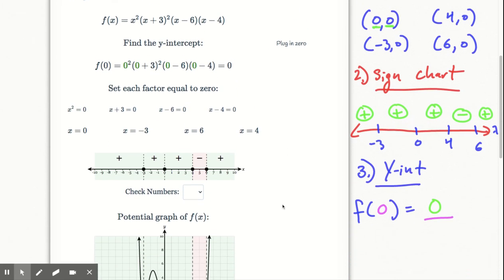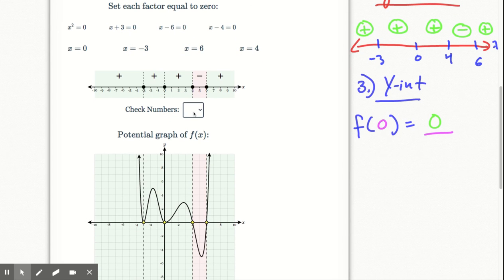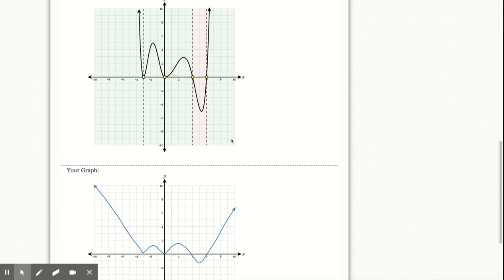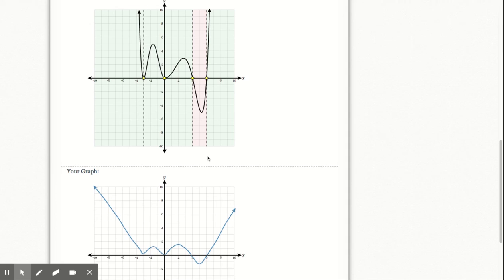Okay, so we find the y-intercept, right? We find our x-intercepts, we make our sign chart, and we sketch our graph. Again, it doesn't have to be perfect. You just have to hit the most important points. The x-intercepts,